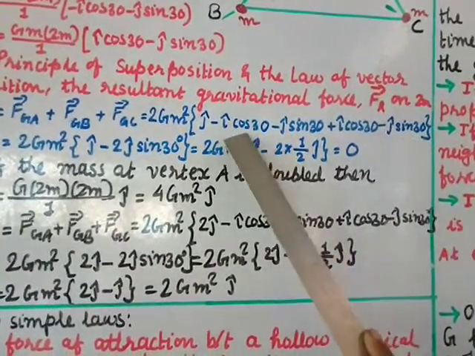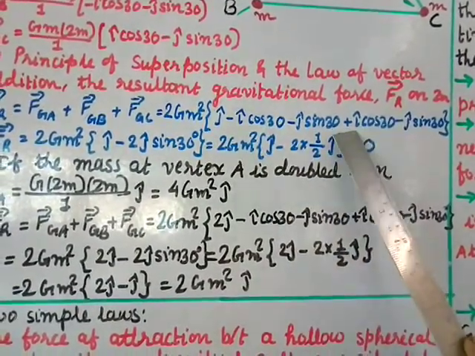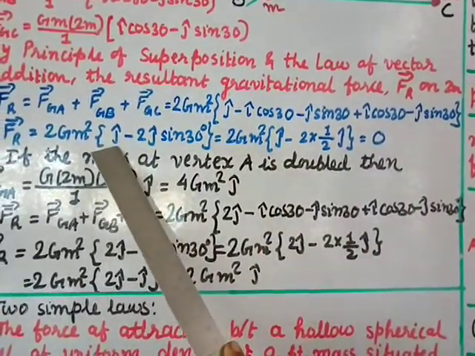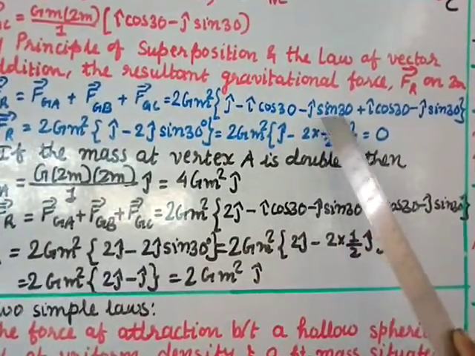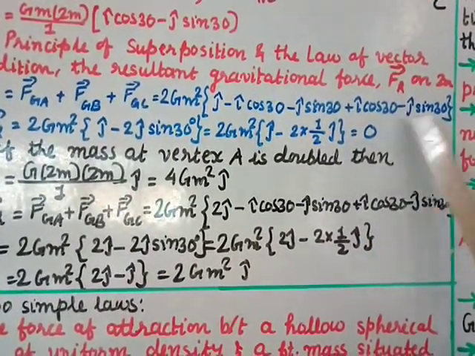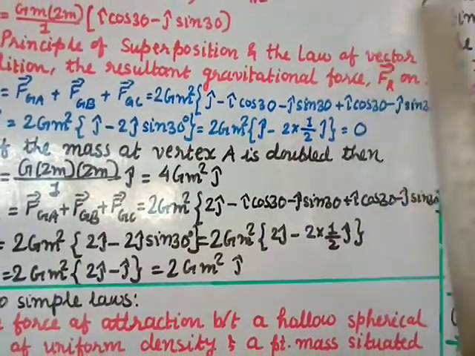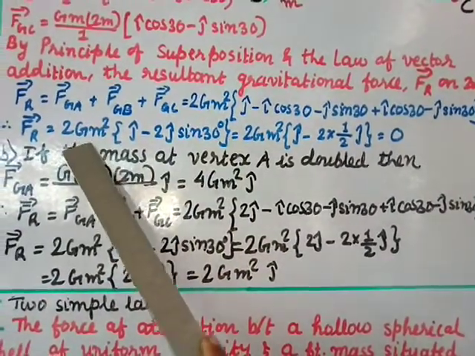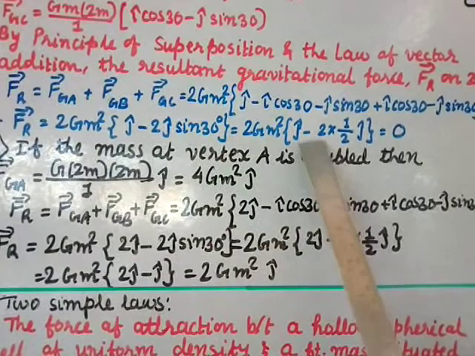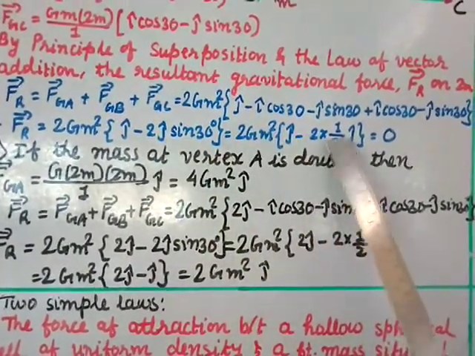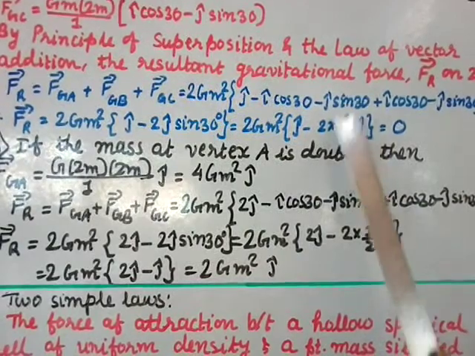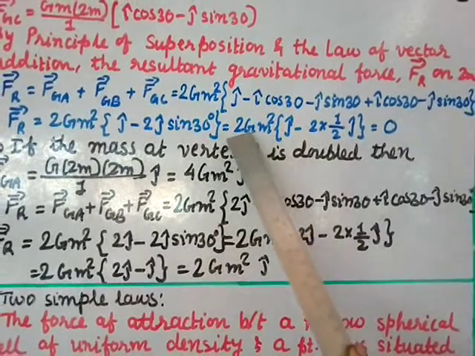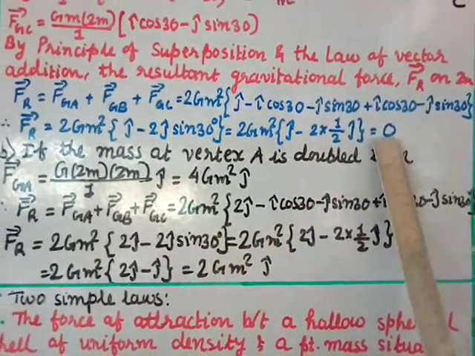Now here minus i cap cos 30 and plus i cap cos 30 cancel each other. So what remains? j cap remains as it is, and here you can see minus j cap sin 30 and minus j cap sin 30, both are negative, so you can add them up: minus 2 times j cap sin 30. The 2G m square stays as it is, and j cap we usually write at the end. Sin 30 value is 1 by 2, this 2 you cut, so here you get j minus j gives 0, so 0 into 2G m square is 0, so the total answer is 0.